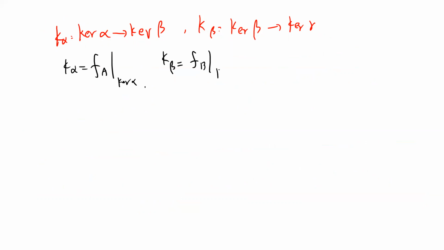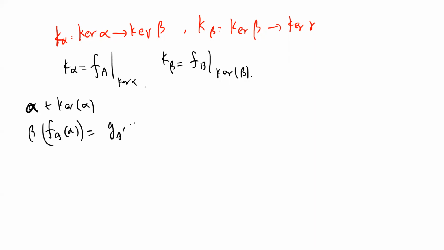F B, right, restricted on kernel beta. Okay, so simple idea. Let's say if A belongs to kernel alpha, then your beta F A, commutative diagram, right? So it's G A prime alpha A, right? So, and this is 0, right? Because